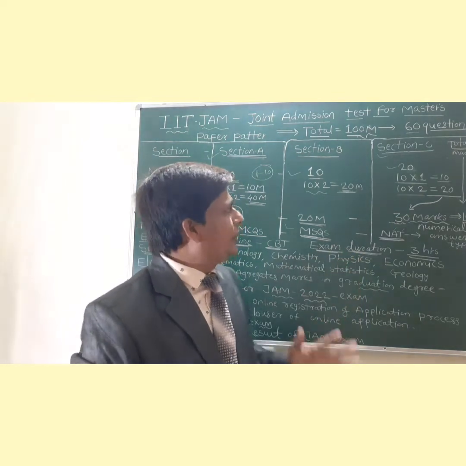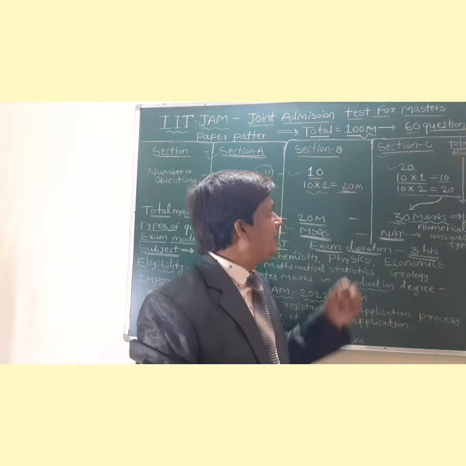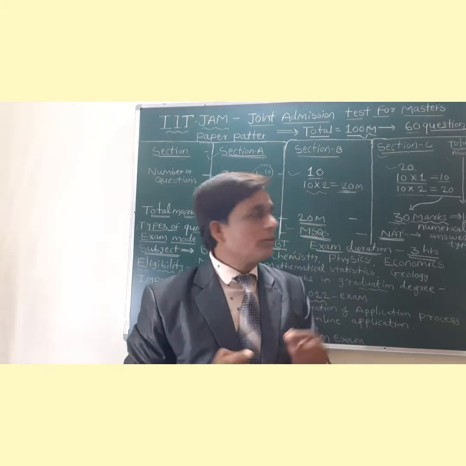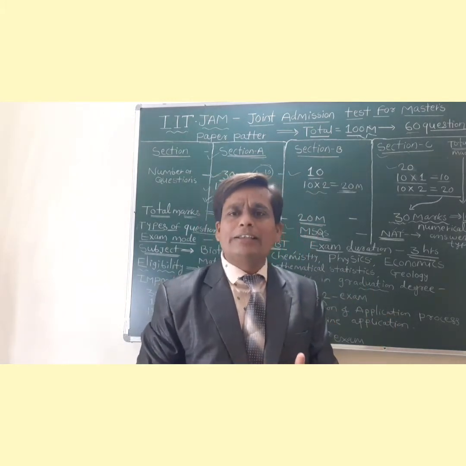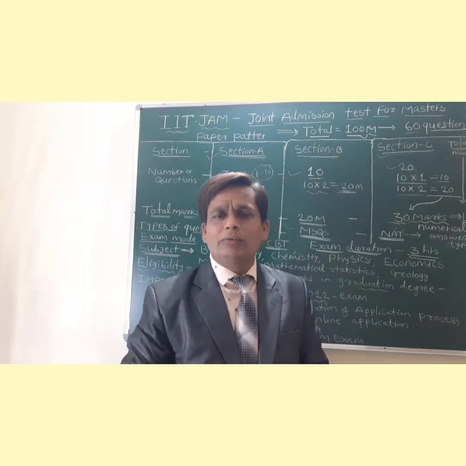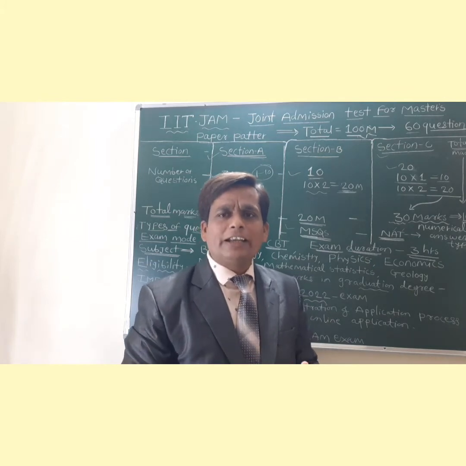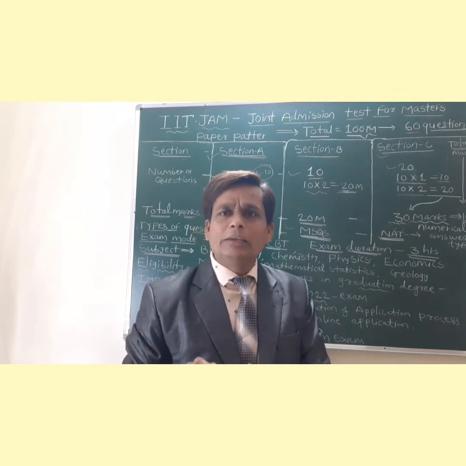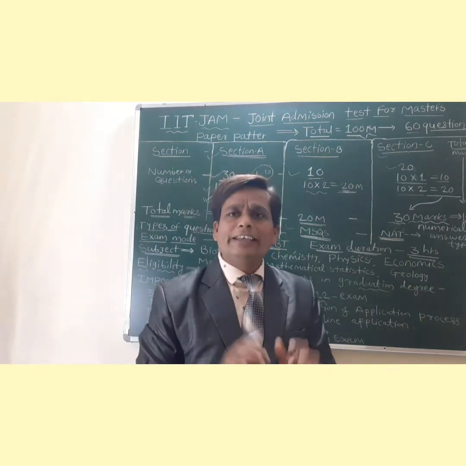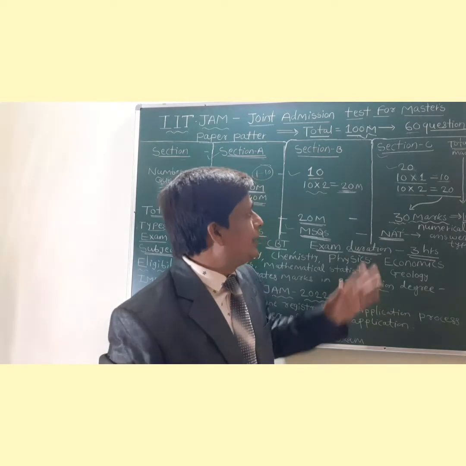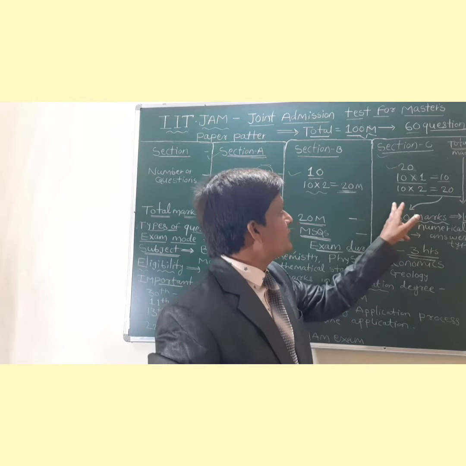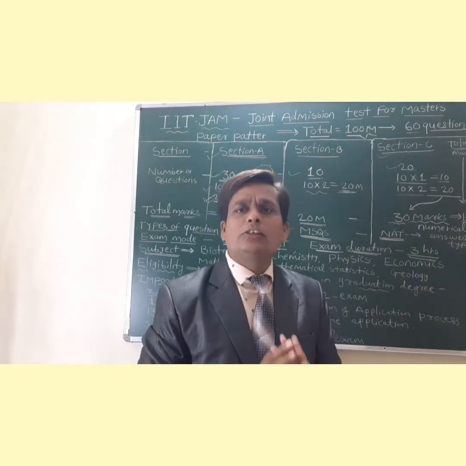Okay. And how can we solve this section? In this section they give some virtual keypad for solving the numericals, and they give some scribble pad. So you have to solve the numericals there, and whatever answer comes, it is a number, an integer. That number you should type using the keyboard on the computer based test. They are providing these things. Okay, there only you have to type the correct answers. Means here there are no options, remember. So in section C, there are no options, and there is also no negative marking.